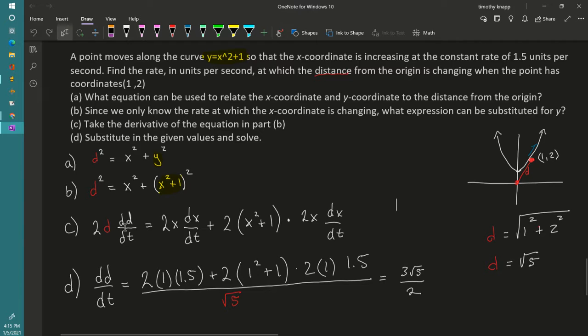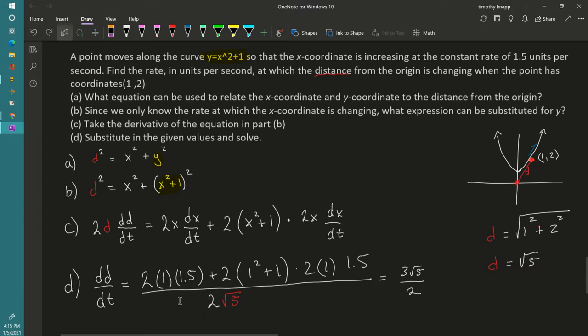They want to know the rate of change of the distance with respect to time, okay? And so here it is. I would have to just isolate for this. So I divide by the 2 and the d. I think I forgot to write my 2 here. My 2 goes right there. And my d, remember,